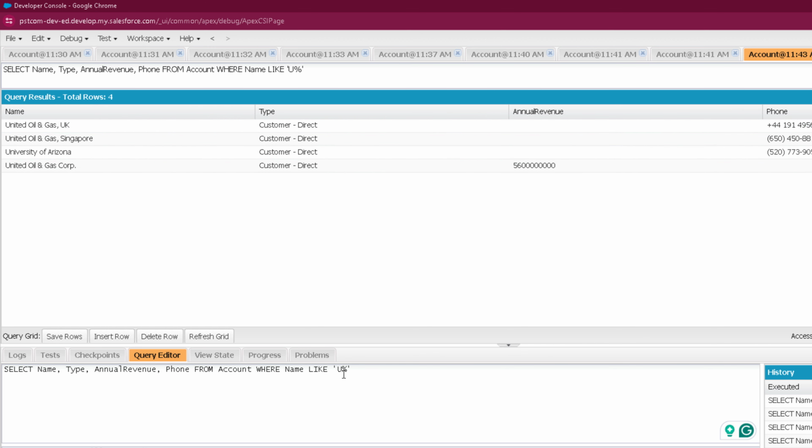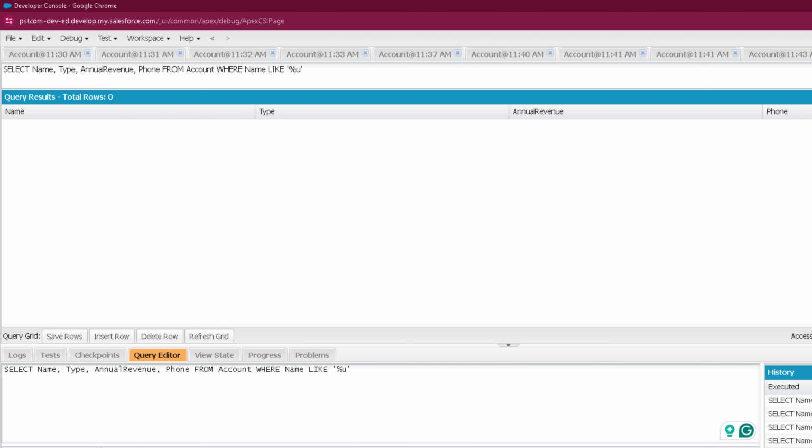I can use % anywhere. It's not like I have to use it after a character. I can use it before a character as well. For example, if I use %U, it means the name should end with U, and there can be any number of characters before it. If I execute it now, there are no records ending with U. But if I use it like